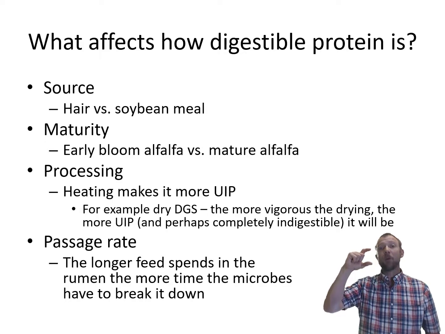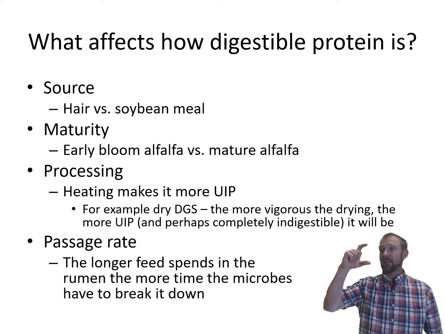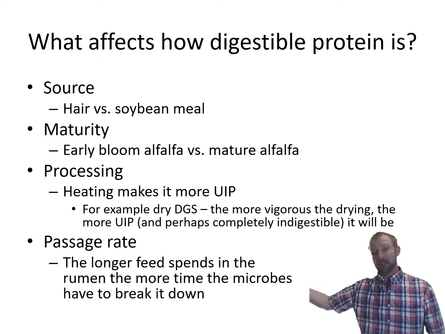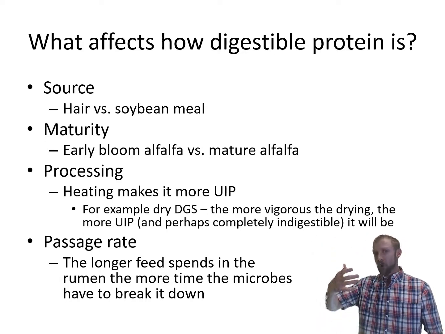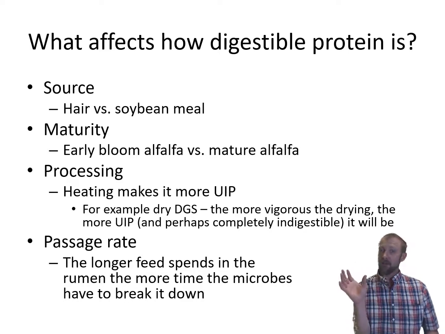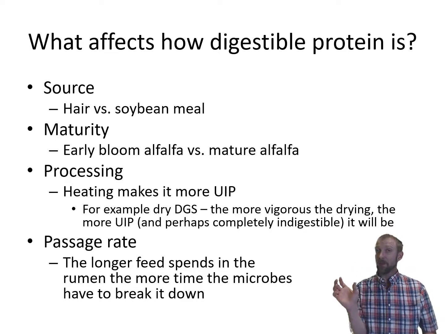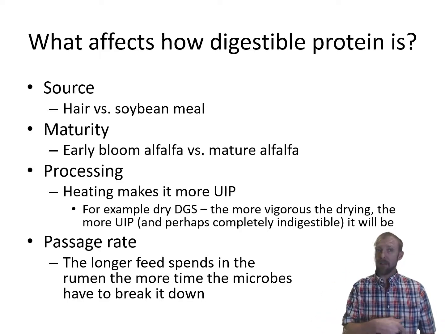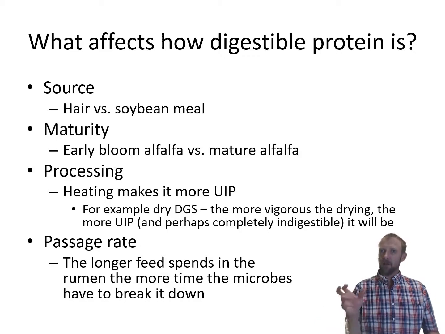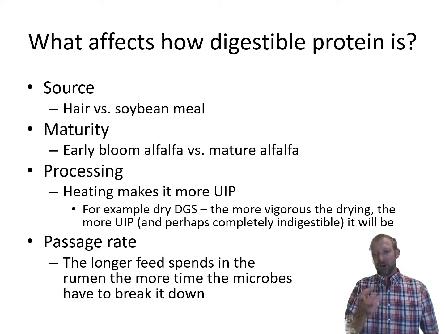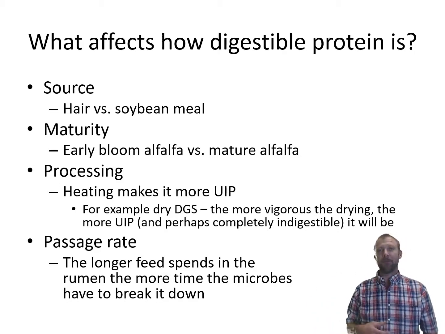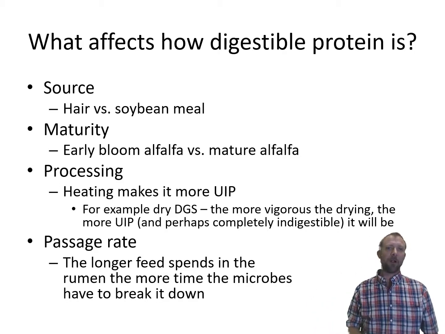However, I can put more feed in there now. I'm getting maybe 3/4 of it, but now the animal can eat twice as much food in a day, so I'm going to end up getting more nutrients total into that animal. As a producer, you always have to weigh those two things. If you have lots of hay, chop it a little finer and you'll get more nutrients out of it, but you're going to burn through more hay to do that. If you're short on hay, leave it longer stem and let it be the scratch factor in your diet, and then you can feed the other nutrients they need with byproducts and so forth.